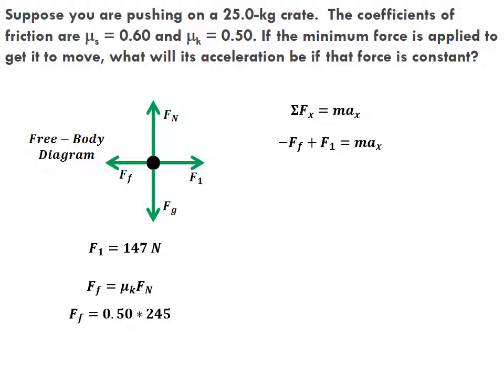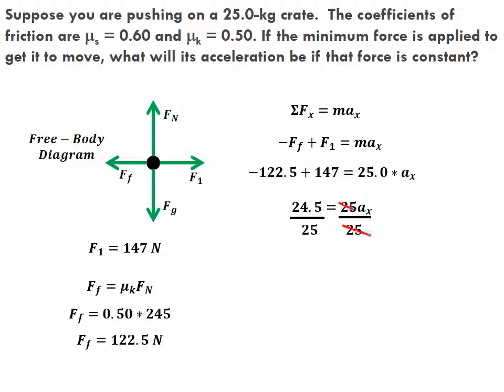So that's 0.5 times the normal force, which we found to be 245 on the previous slide. Then we get that the force of friction is going to be 122.5 newtons. We plug that into our equation. We plug in the force of friction, we plug in force 1, we plug in the mass, and then we solve to find the acceleration, and we get that the acceleration is going to be equal to 0.98 meters per second squared. And that's in the positive direction because our forward force is going to be greater than our backward